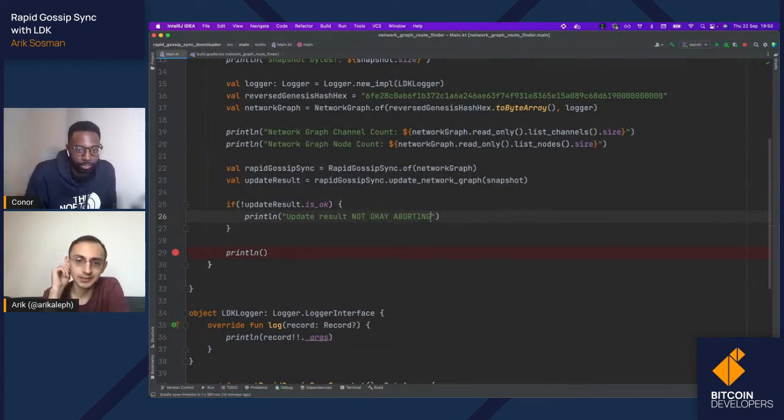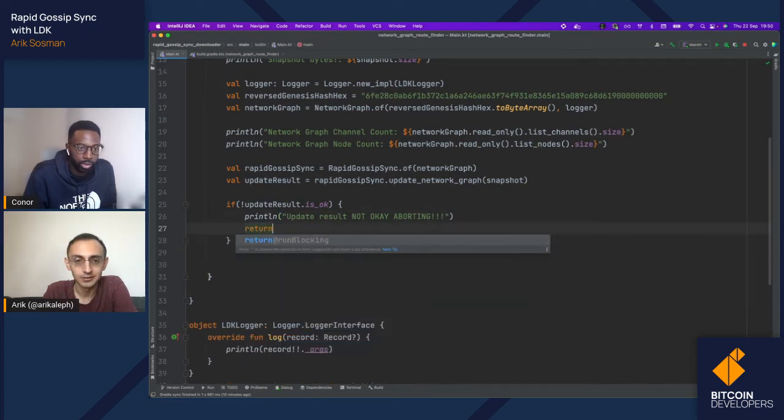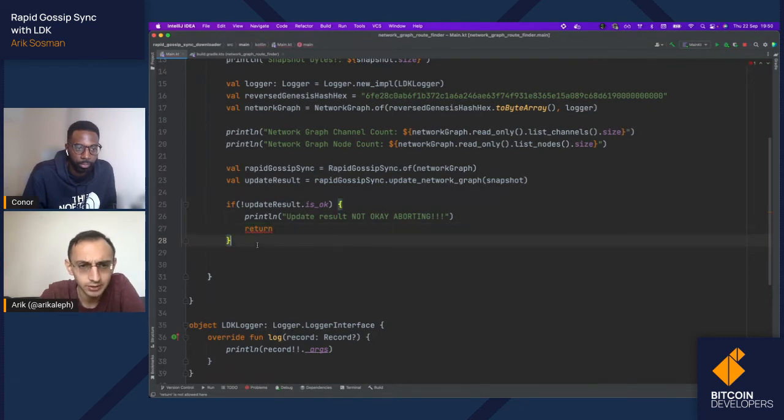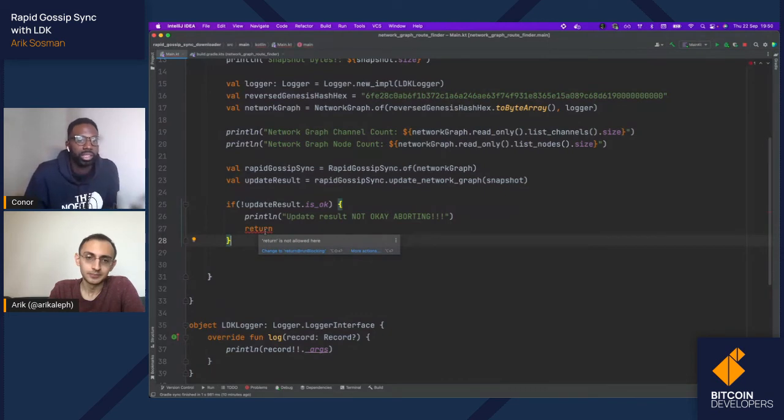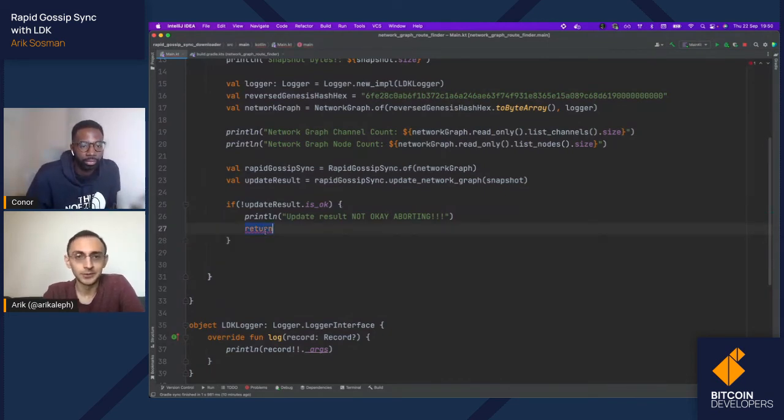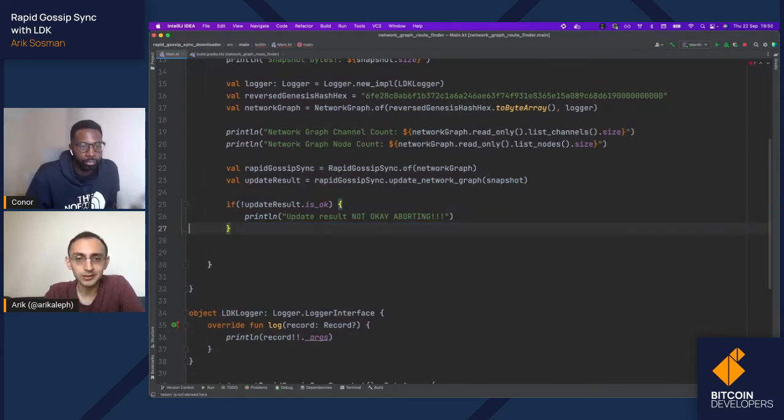Aborting. Cool. Yeah, and let's add a return statement there underneath, such that it actually does abort. Well, right underneath that print line there. Or just a straight up return. Yeah, and then outside the if clause. Wait, why can't you return? Why is it complaining? Change to return at running block. Well, I guess we don't really need to return. We can just see if it errors. Okay, we can just say it's not okay. All right, whatever.